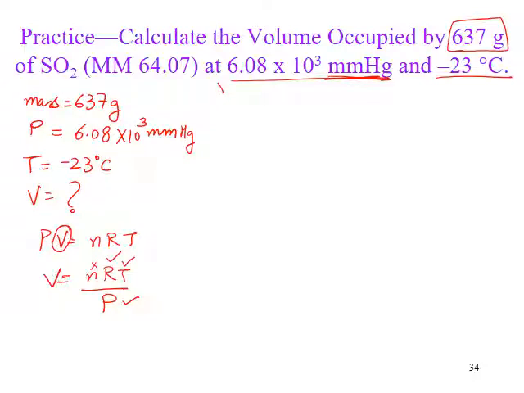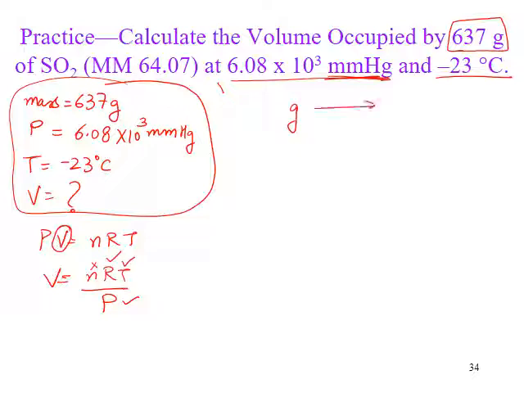So I need to find N. Is there any way, from the information given in the question, that I can find N? N is the number of moles. Yes. How? What's given to me is grams of the gas, and grams of the gas can be converted into moles of the gas. The relationship that goes from grams to moles is molar mass. So grams of SO2 to moles of SO2 would use the molar mass, which is given to you in the question.